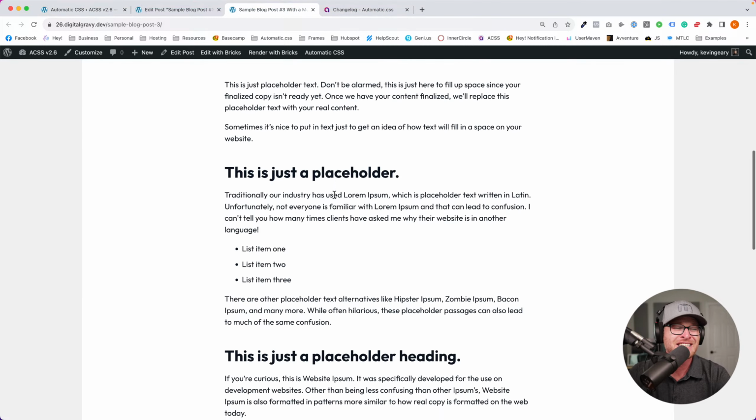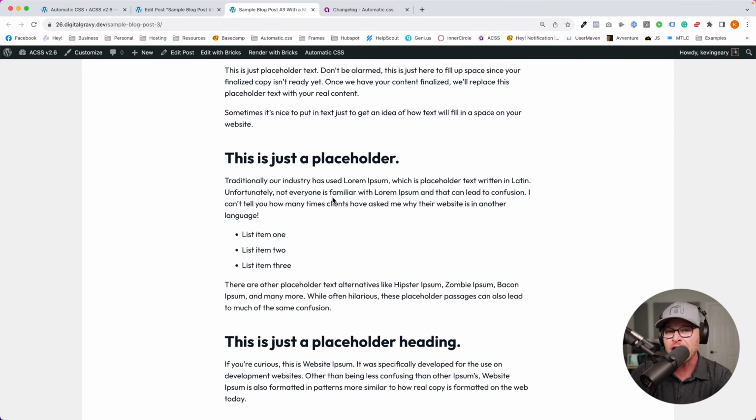And effectively, aside from block quotes, which we may add support for, and maybe images, there's really nothing else you have to worry about when you're doing a blog post, unless you're doing a lot of custom stuff. But if you're just doing a normal blog post, really nothing else you would have to worry about.